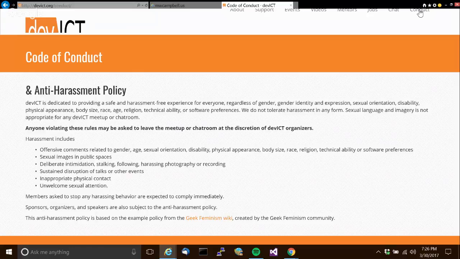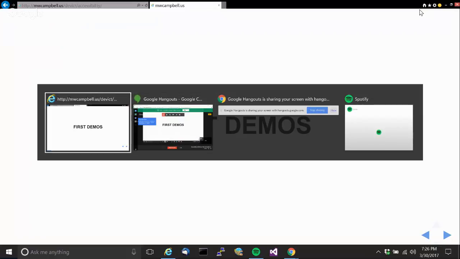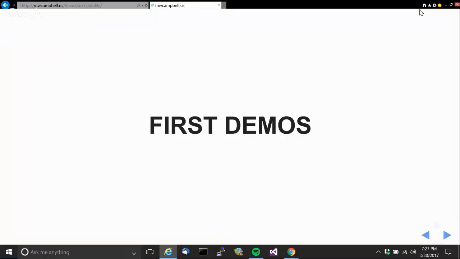So let me just back out of there. It looks like I'm back in my slides. Let me do a quick demo with the iPhone as well. 7:27 p.m. Okay, and so a screen reader on a mobile device like the iPhone or Android will override all the touch screen gestures. Oh, and it already locked again. So 7:27 p.m. I'm just going to swipe through the screen here, and this is the lock screen. So now let me just get to the home screen first. I'll have more interesting stuff to swipe through.